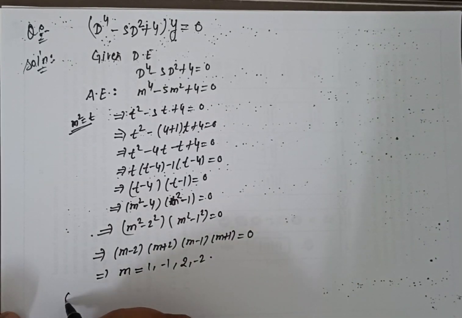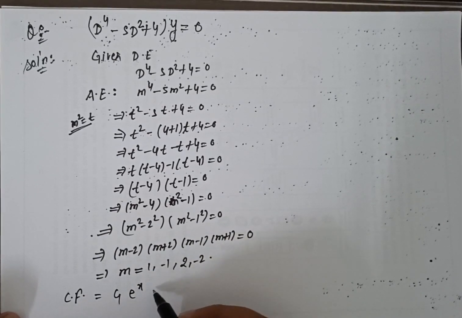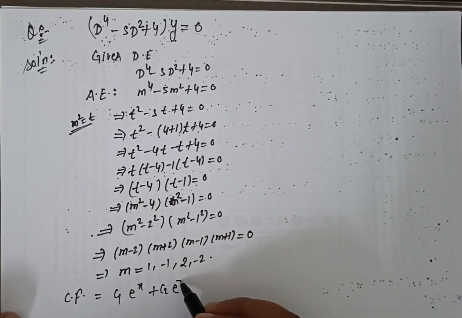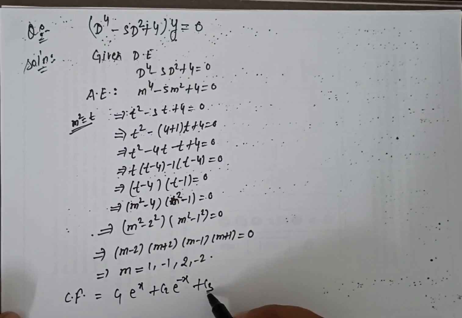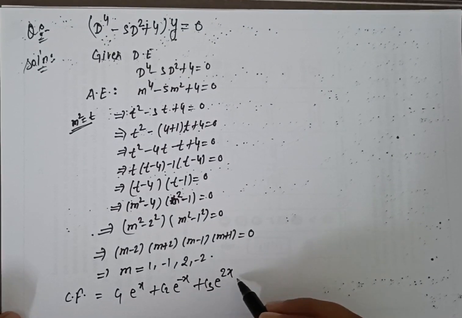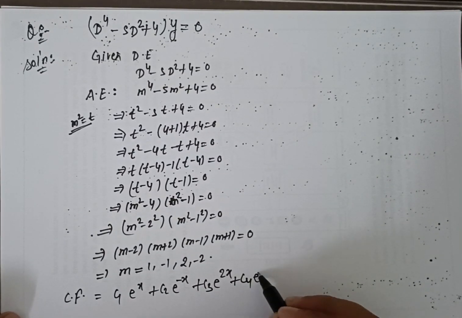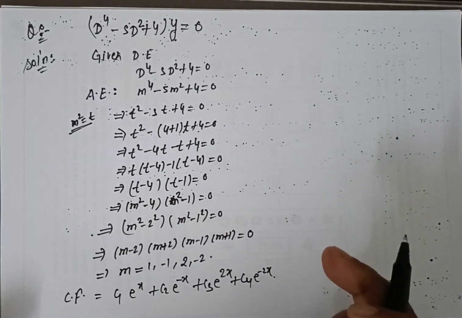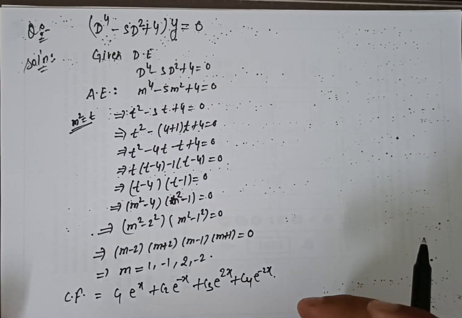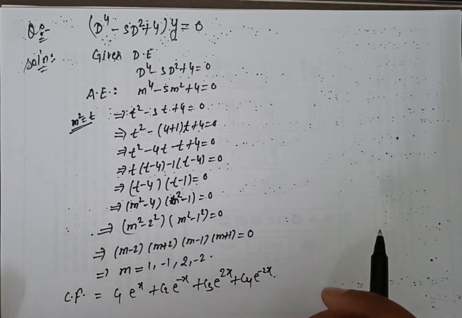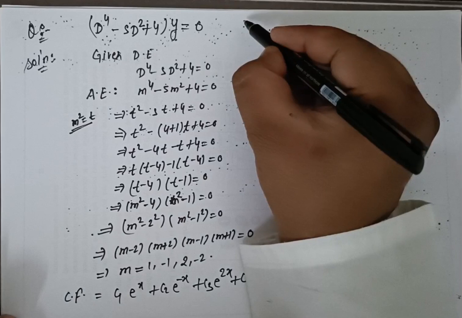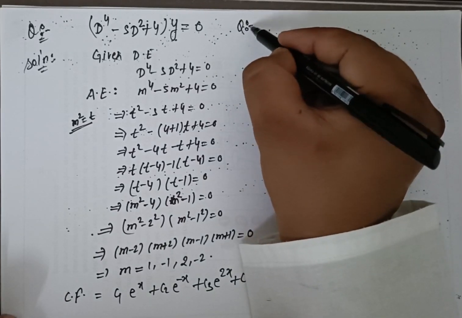Therefore the complementary function will be c1 e to the power x plus c2 e to the power minus x plus c3 e to the power 2x plus c4 e to the power minus 2x. And the particular integral in this question will also be 0 because the capital X is 0 here. Okay, the next question we can deal with in continuation is